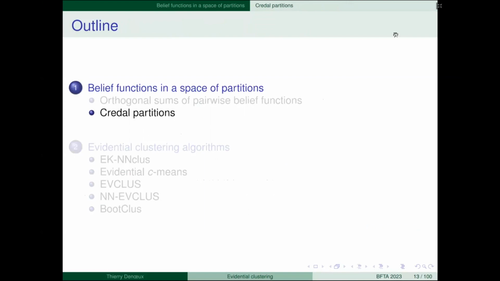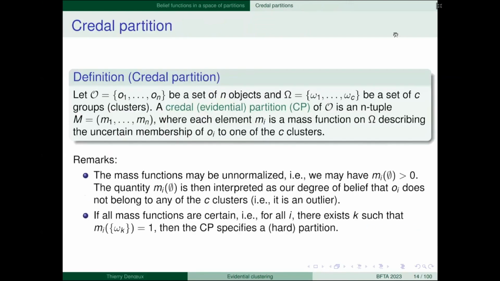The second approach to define belief functions on sets of partitions is through credal partitions. So let O be a set of n objects, omega a set of groups or clusters.